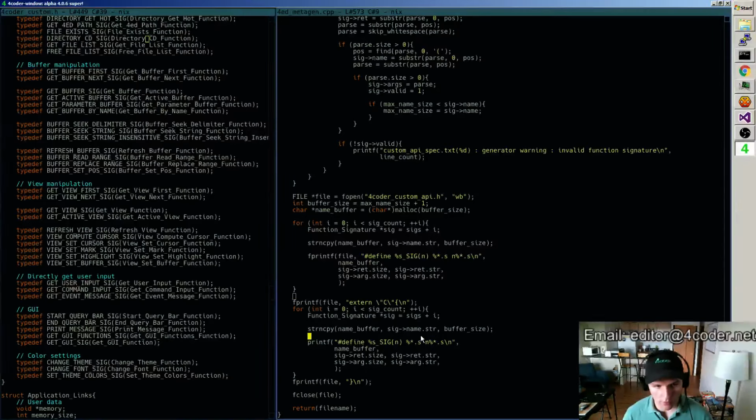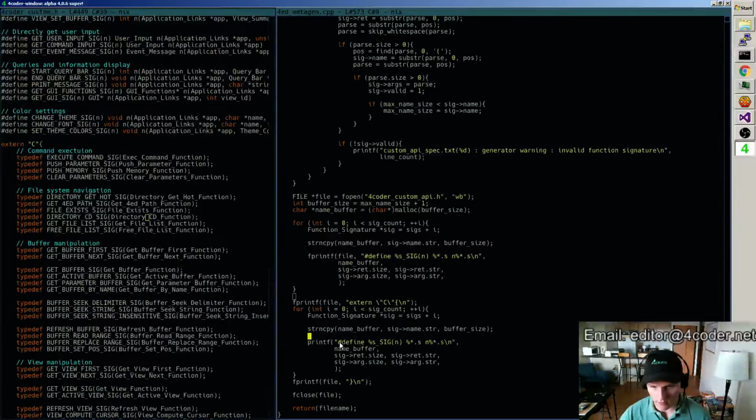And then at each step what I want is, let's see, what's the pattern here? I need two name buffers, so I'm going to call this the caps name buffer. It stores caps versions.